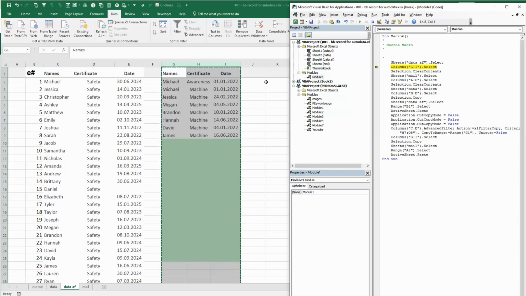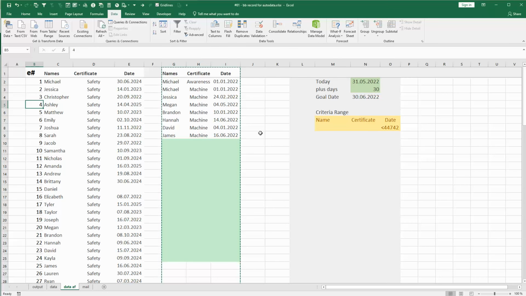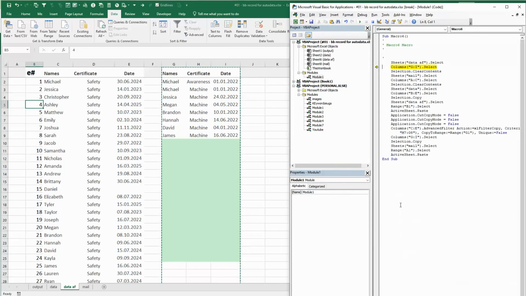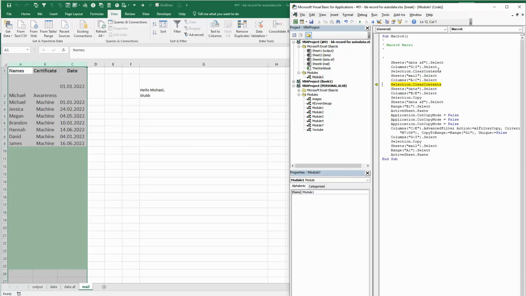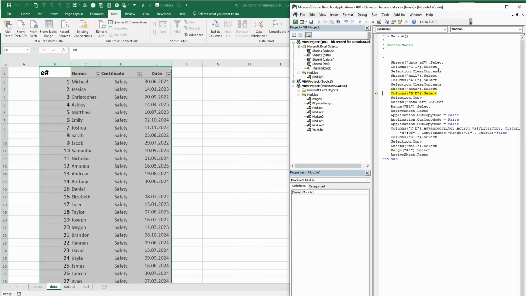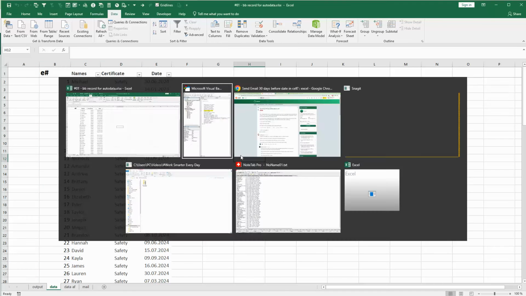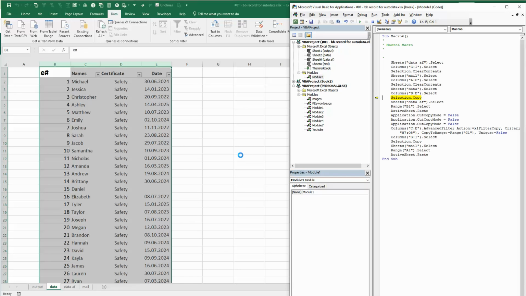And while this is running through, I can go other places because it's going through step by step. It's going to mark everything, it's going to clear the content, it's going to my sheet, it's going to select, it's going to clear the content, going to data, selecting the columns, and let's just again click somewhere, press F8,